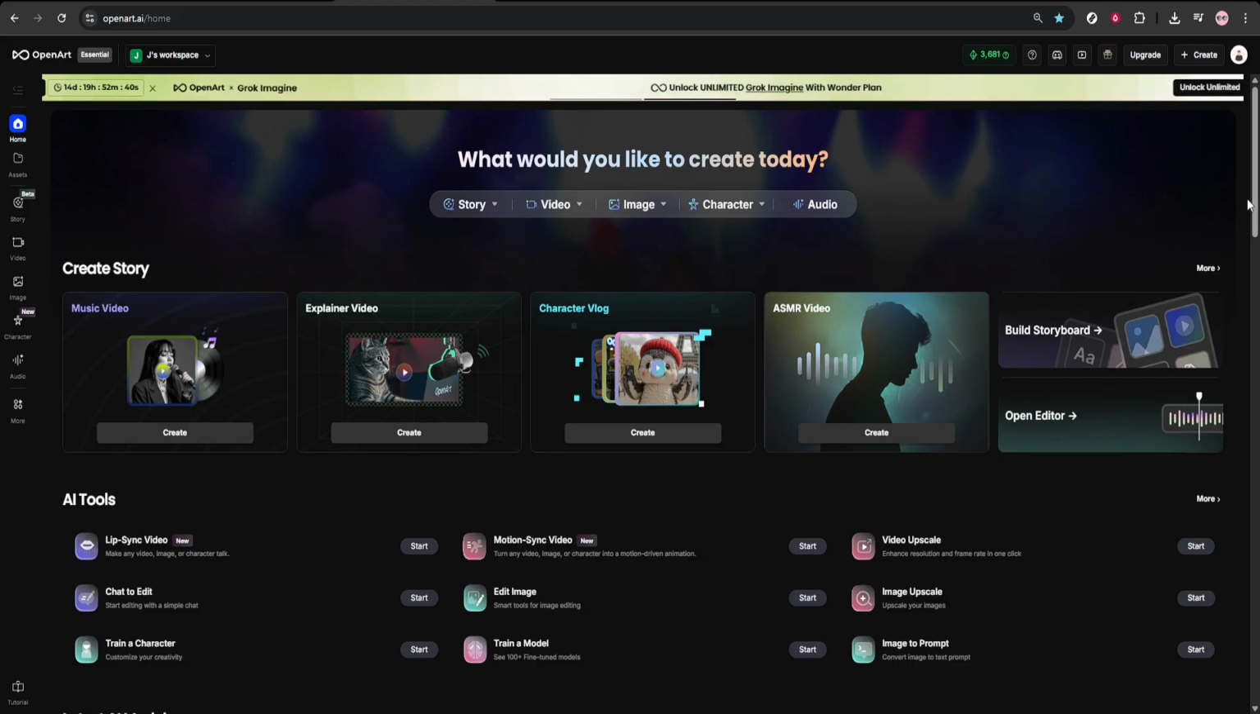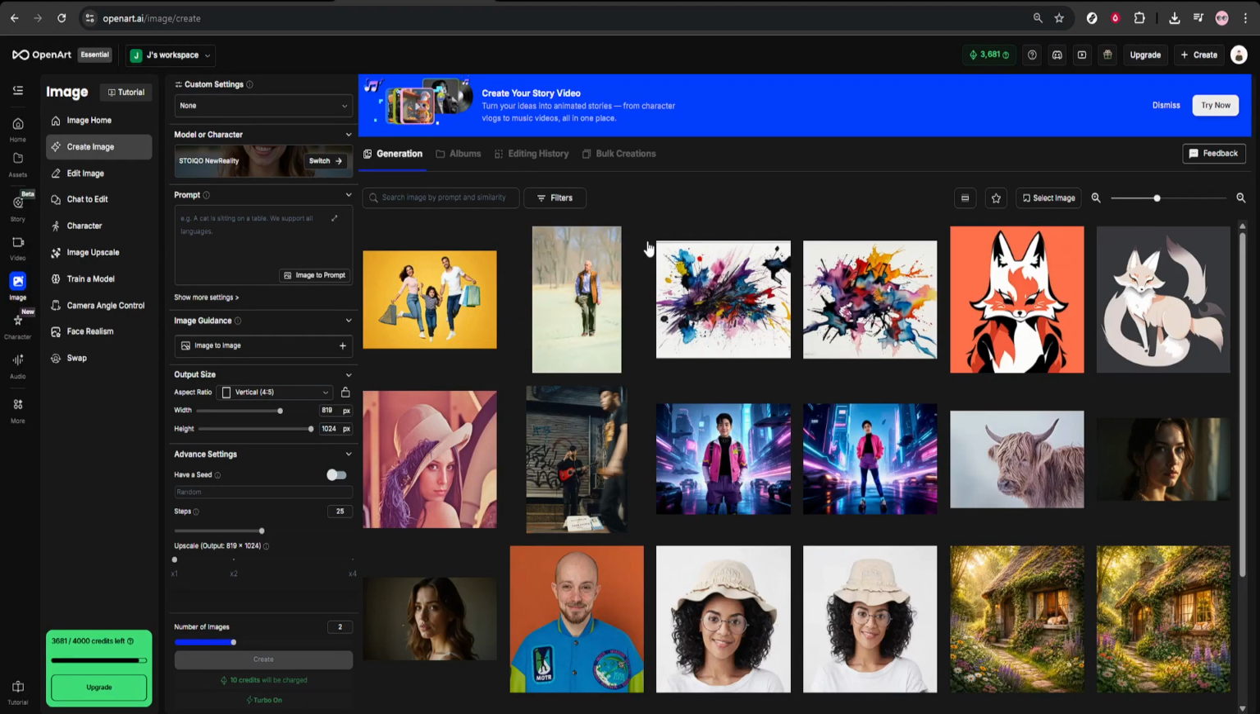Move your mouse over the image section to reveal the creation options, then click Create Image. This takes you to the image creation workspace where you'll set everything up. Here, you'll see options to pick a model or a character. A model is the underlying generator, often tuned for a certain look, while a character is a preset persona or